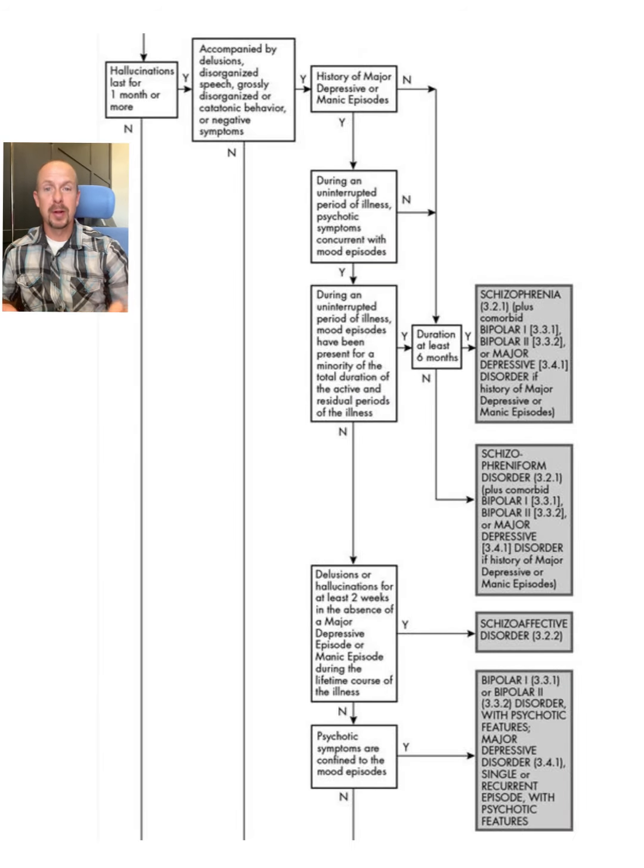Okay, here's where things really get exciting. This is where this map really takes a turn. So let's say the hallucinations have been lasting for one month or more. If that's the case, this person has shown up and has been having hallucinations for at least a month, accompanied by delusions, disorganized speech, grossly disorganized or catatonic behavior, and negative symptoms, essentially all of the psychotic symptoms. If they're also having those other psychotic symptoms along with hallucinations,